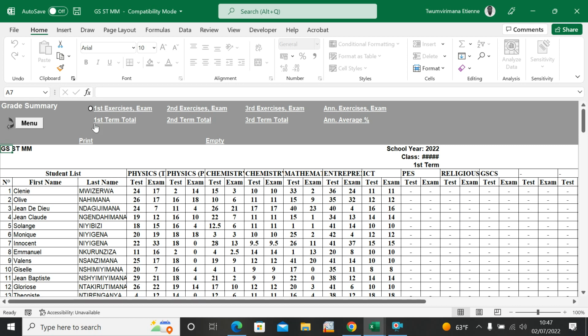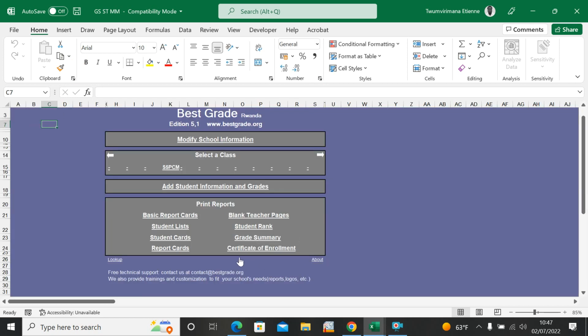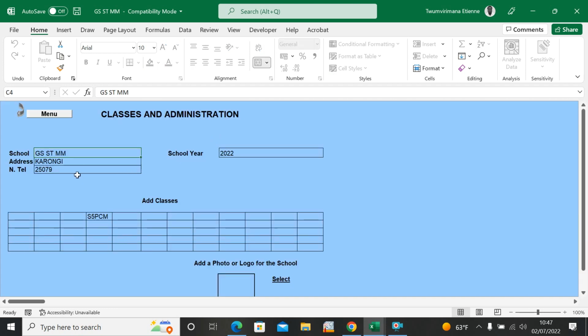You see, you have all subjects. You can even print this one. You go back there. You can just do whatever. If you want to modify something, you can go back there and put some modifications. You can just add different classes. Maybe you just want to add, you can even add the P1, you can even add the P2, you can add this